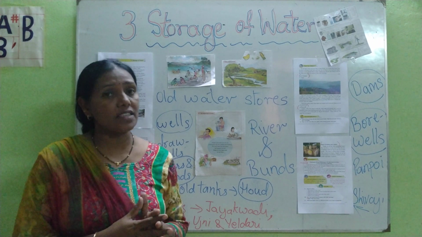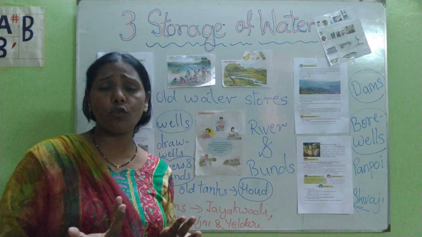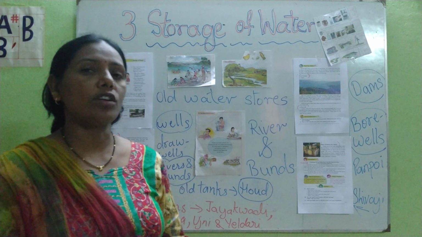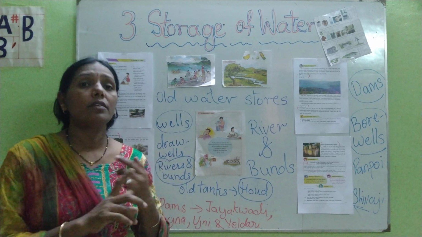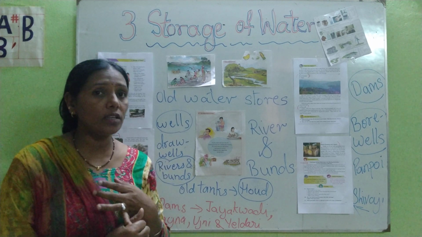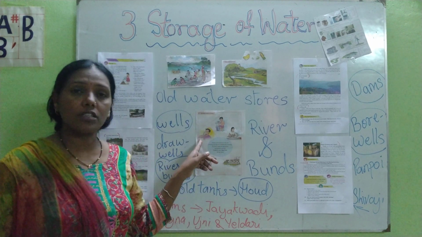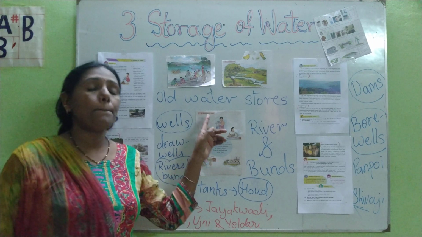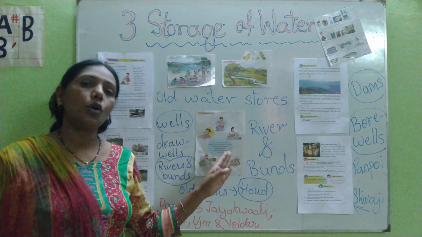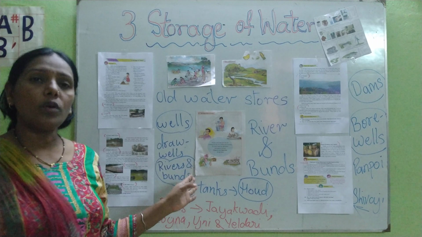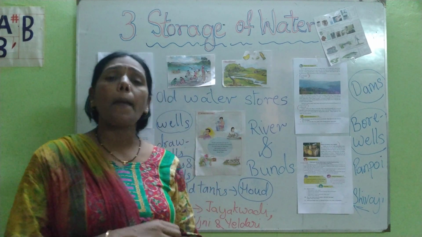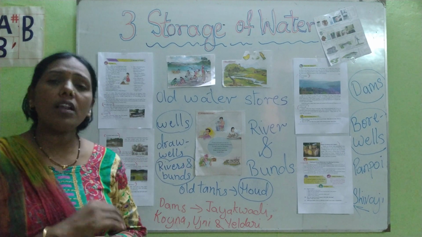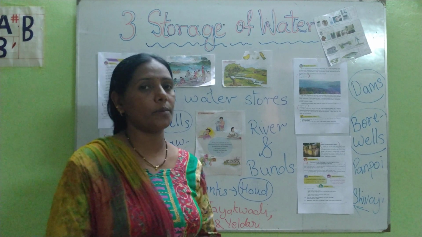Now, water is a basic need. From where do we get water? We get water from the rainfall. Now, for what purpose do we need the water? We need the water for drinking, bathing, cleaning, cooking, for farming work, for factories and such other purposes. Not only we, but even animals, all living things need water.